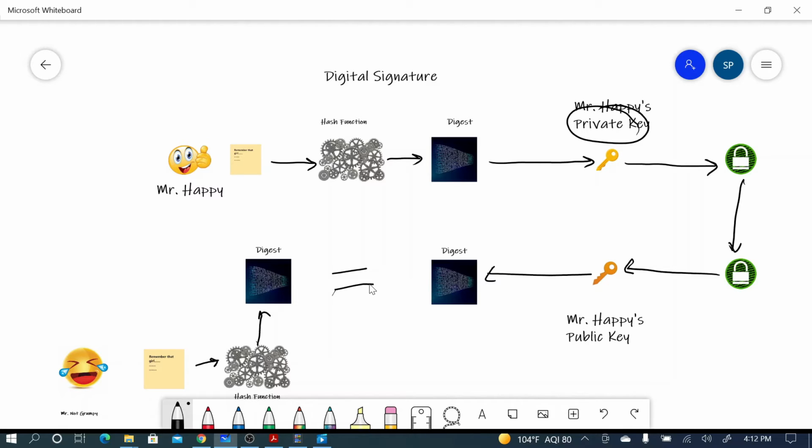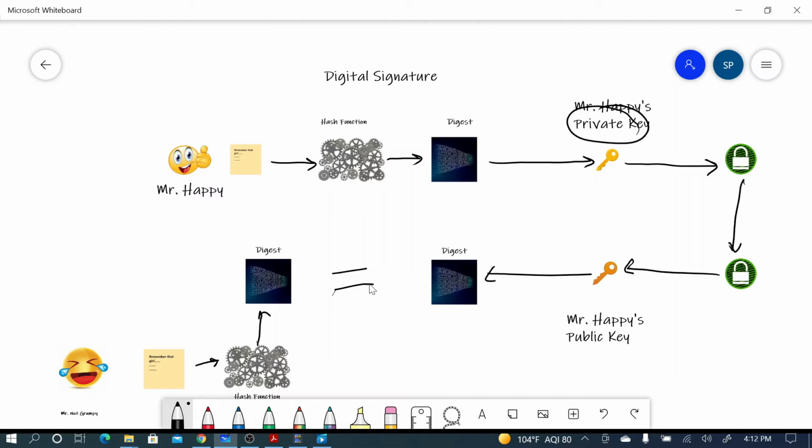Second thing, if the digest value is the same, that means there is no alteration or mischief in the message in between when Mr. Happy sent this message to Mr. Grumpy, because if anything got changed in the message, then the digest will change drastically. That is the specialty of a hash function. If you change a single comma or dot also, it will generate a different hash.